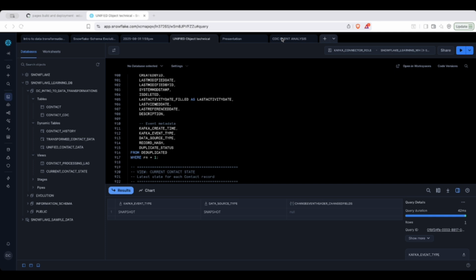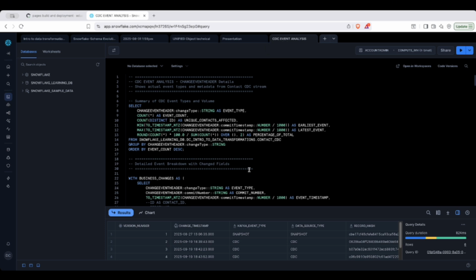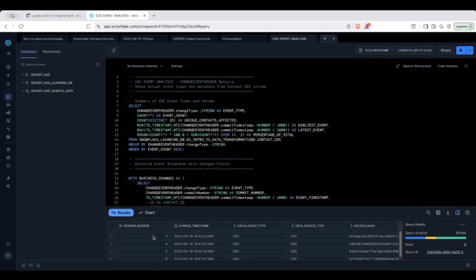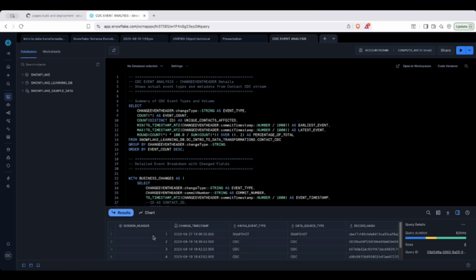Let me show you a quick query of what this means, right? So if we go to the CDC event analysis tab, you can see that we have a version number, the change timestamp, the Kafka event time type, the data source type, and the record hash. So this particular record has 6 entries. It went through 6 changes, right? The first one obviously is a snapshot, because it's the first time we've seen that record. It's loaded via the snapshot, but then it's via the CDC. And you can see the timestamps of the events and how they change. So this is how you build that historical picture of a contact. Layer 3 gives you that